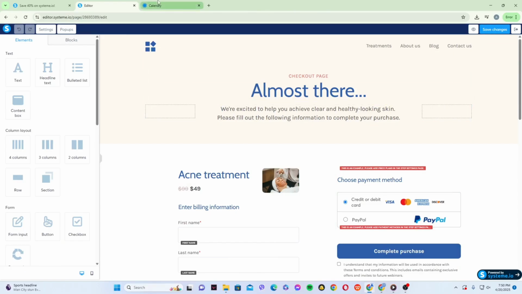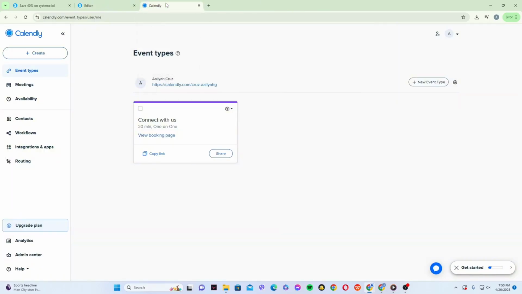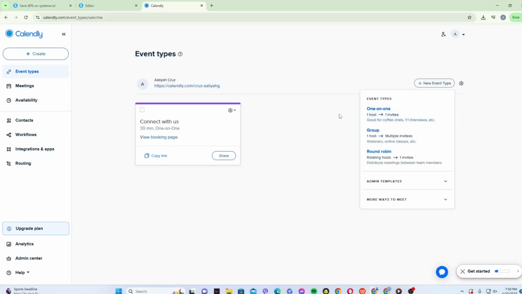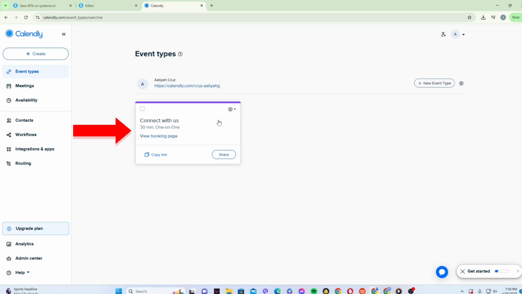After that, go to your Calendly account. You can add a new event and choose among these options, or you can just choose an existing one. If you now have an event, just click on the share button,